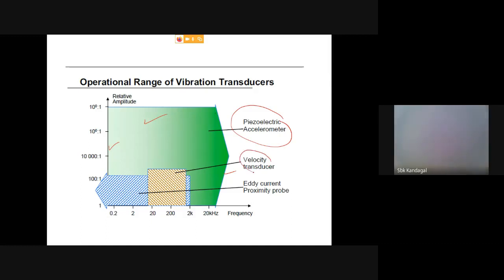Velocity sensors have some limitations. Eddy current probes also have some limitations, but eddy current and proximity probes are important as far as the vibration of rotary systems is concerned, to find out the health of the system. But piezoelectric accelerometers are more popular to measure vibration, noise, pressure, everything. The reason is they are active materials, wherein if there is a mechanical deformation, it gives you a strain, and in turn it gives you the voltage.